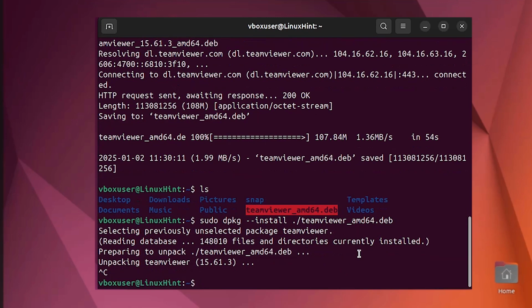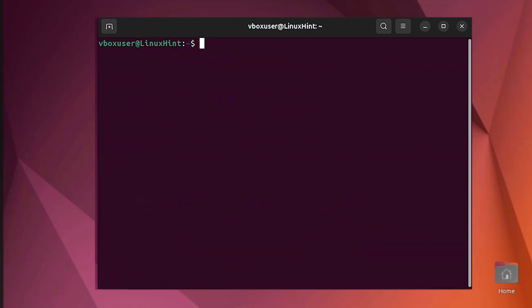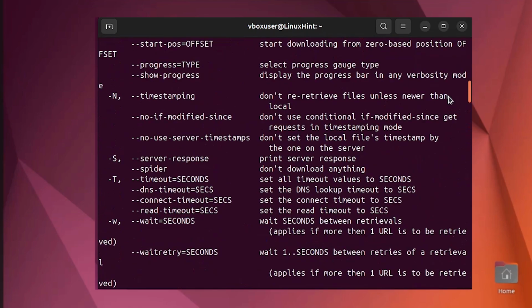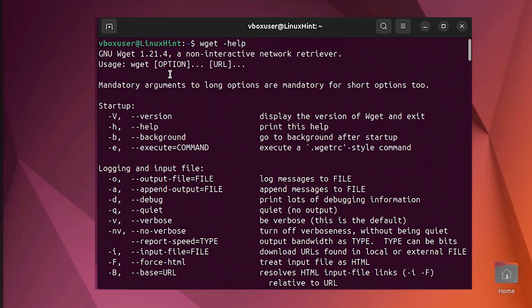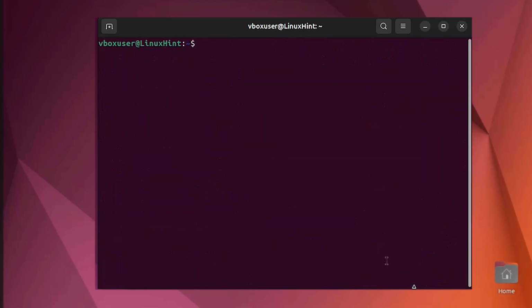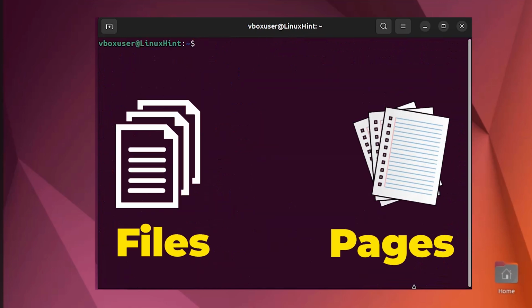To fully utilize the wget command, you can write wget --help, and here you can see it will list down all available options which you can use according to your preferences. You can find the syntax along with the options too, as you are not only limited to downloading .deb packages or applications, you can download files, pages, or any downloadable content using these commands.